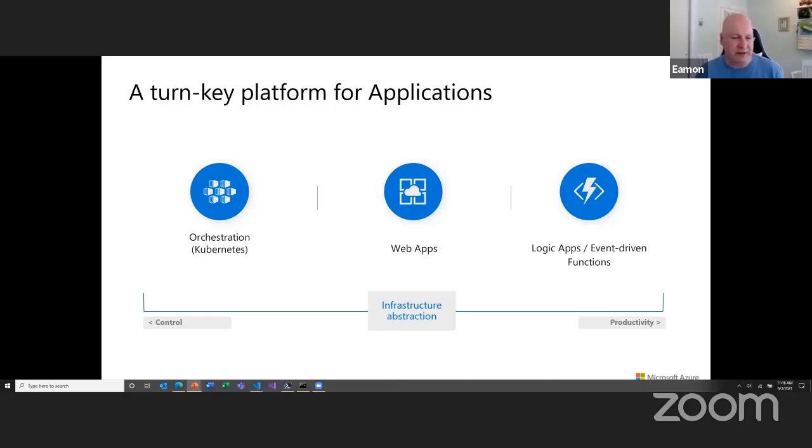But I think this is something to keep in mind as you are trying to build applications, that there's a spectrum of capabilities in Azure that you might want to take advantage of, different ones for different needs inside your organization. So it's good to have a familiarity with the different services we have, and then how you want to build your applications, taking advantage of each type of service offered.